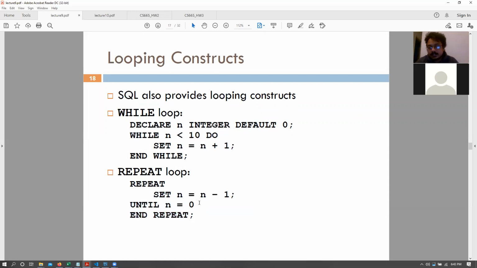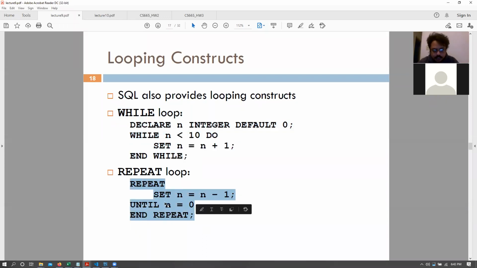So here we see there are two possible loops. One is while n less than 10, do this. Then we have this repeat loop that is repeat this until this condition is met, right? So this is sort of like a while loop in your C++ courses. Can someone tell me what type of loop this would be?